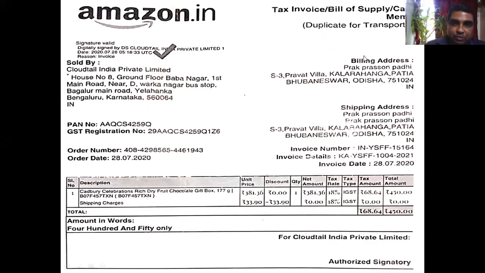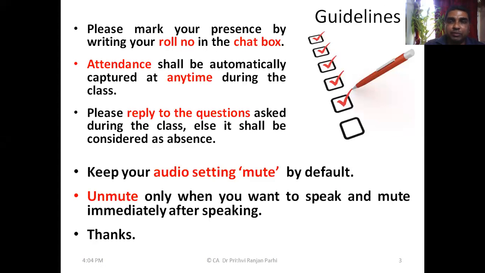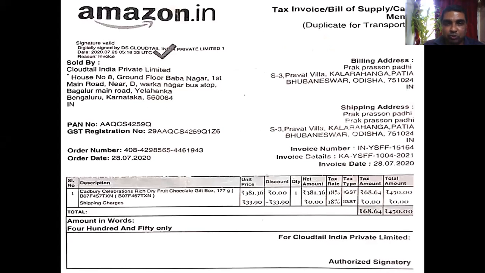Okay. So, friends, earlier I had shown you some of the GST invoices. You have already seen what kind of components are there in an invoice. In this invoice, you have seen GST numbers will be there and GST amounts will be there. How much tax has been collected in which form? That should be shown to you. Okay, that is one thing.